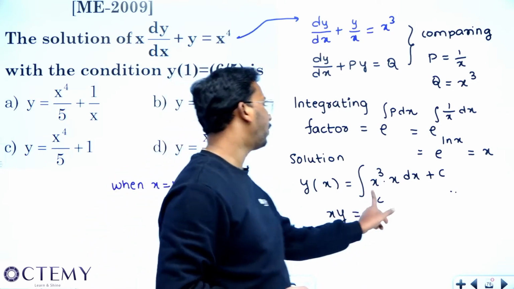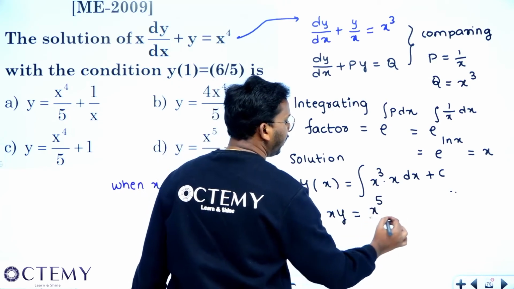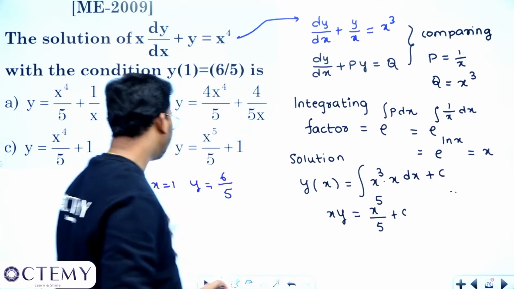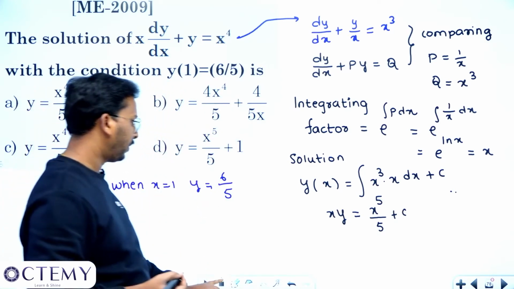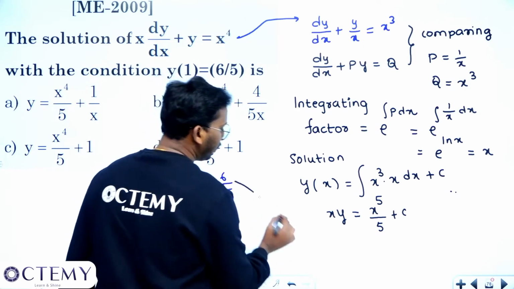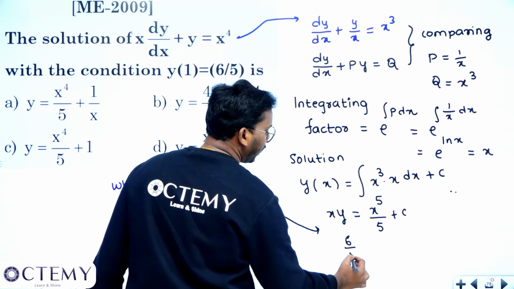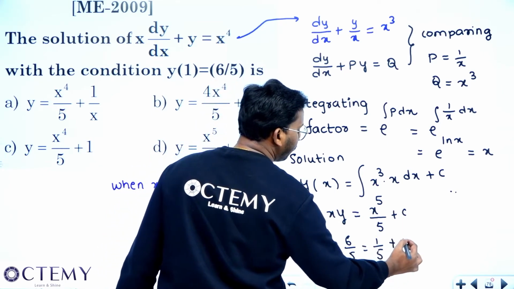Integral of x power 4 will become x power 5 by 5. X power 5 divided by 5 plus c. Right? Now let us substitute this here. When you put x is equal to 1, what will you get? Y is equal to 6 by 5. So let us put this condition here. If you put that, you will get 6 by 5 is equal to 1 by 5 plus c,